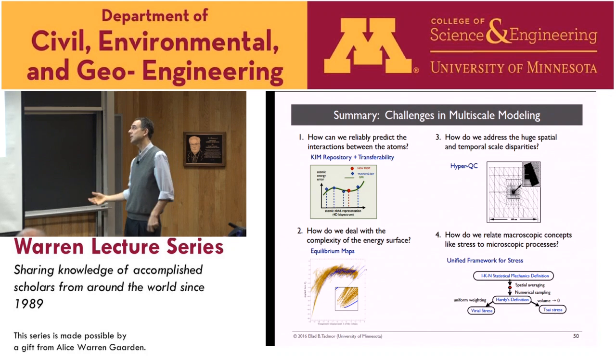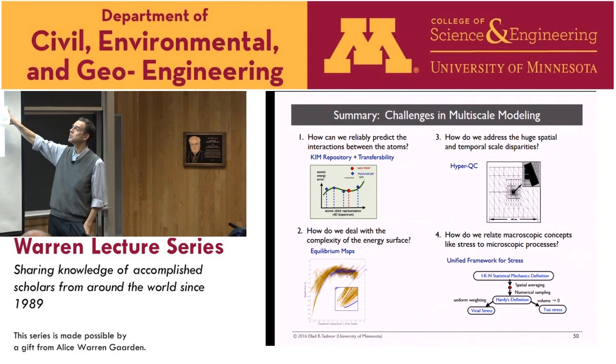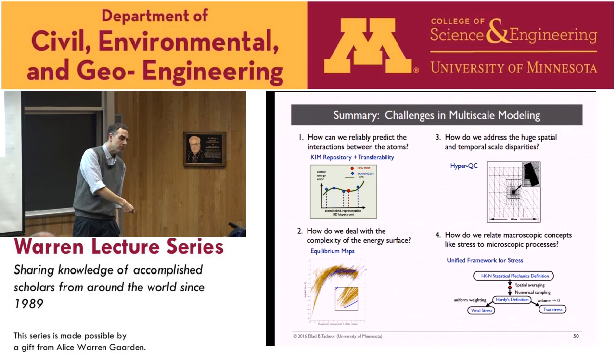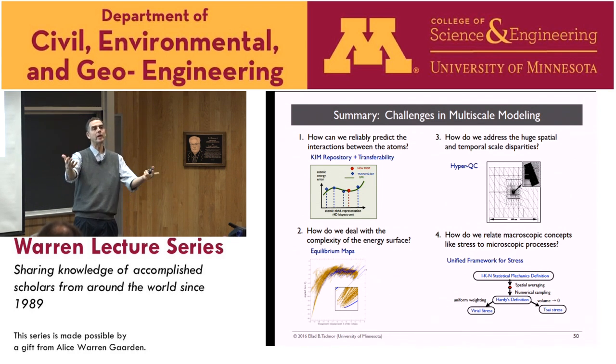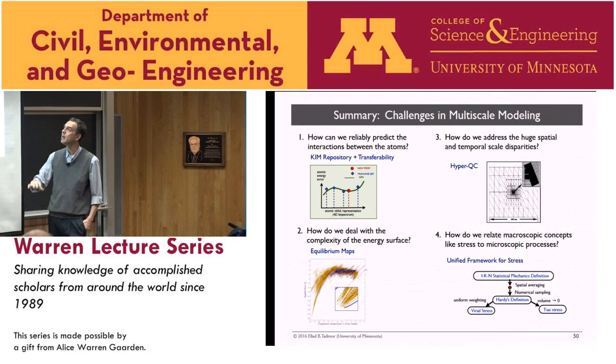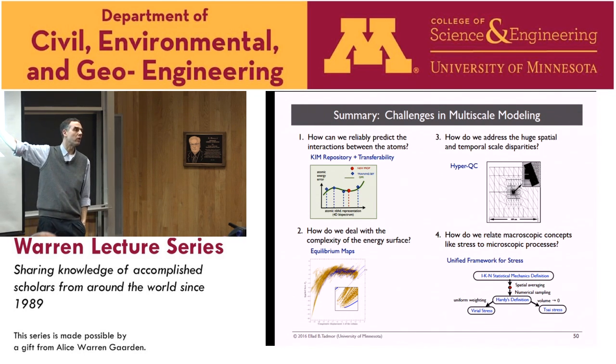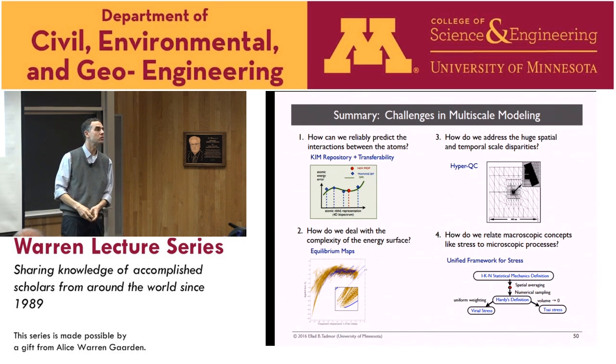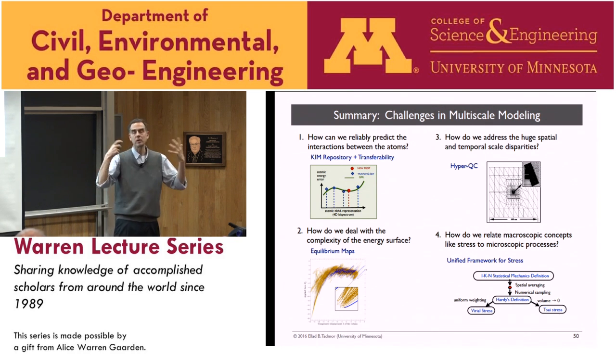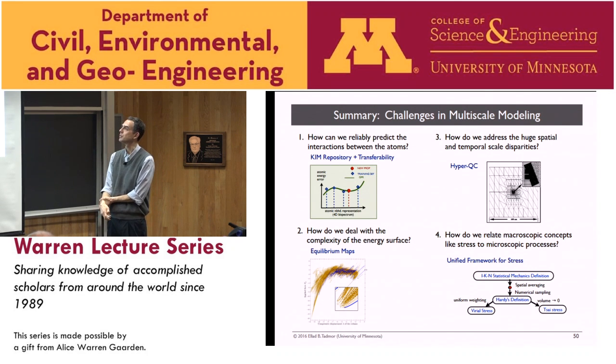And what I didn't talk about is this kind of statistical mechanics-based ideas of coupling atomistic concepts to continuum. So we like to talk about stress at the continuum level, but at the atomistic level, I just have positions of atoms and velocities. How do you go from one to the other? It actually is a complicated question, and there are many definitions out there, but we were able to show that they all come from a single statistical mechanics framework. You start from non-equilibrium statistical mechanics, and then through controlled approximations, you can get all the definitions that are used out in the community. So that's the more fundamental type of stuff that we're interested in.